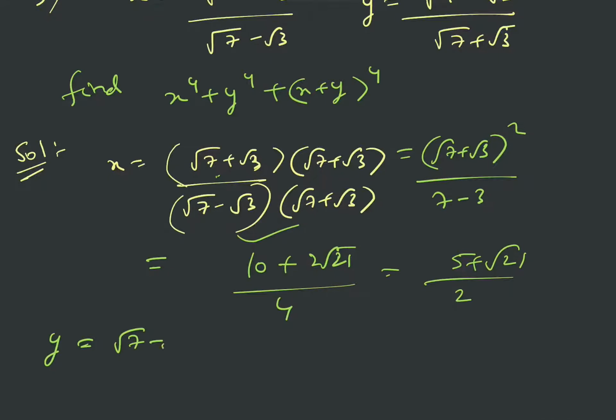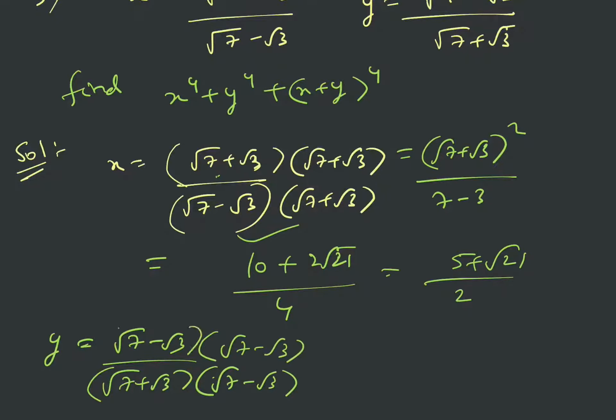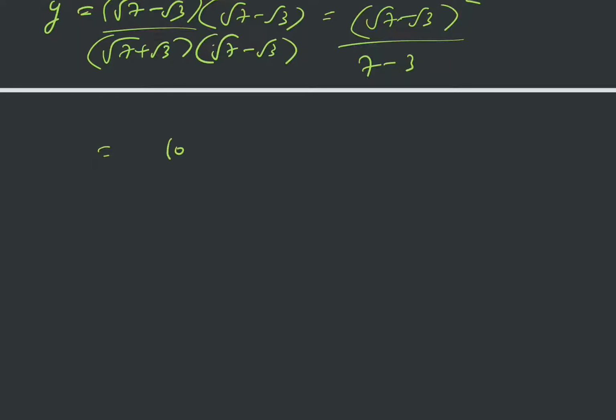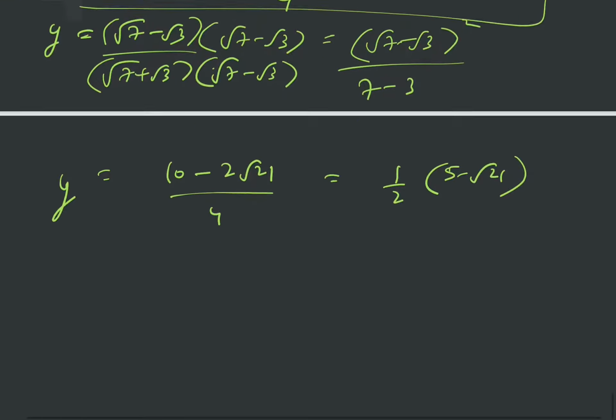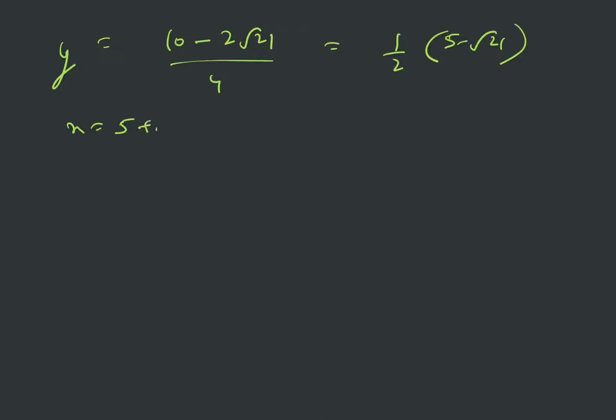And similarly, y is root 7 minus root 3 by root 7 plus root 3. Here also I want to rationalize the denominator. So I multiply with root 7 minus root 3 into root 7 minus root 3. So this becomes root 7 minus root 3 whole square by 7 minus 3. Then this is 10 minus 2 root 21 by 4. So this is 1 by 2 into 5 minus root 21. So this is y and this is my x, 5 plus root 21 by 2. X is 5 plus root 21 by 2 and y is 5 minus root 21 by 2,